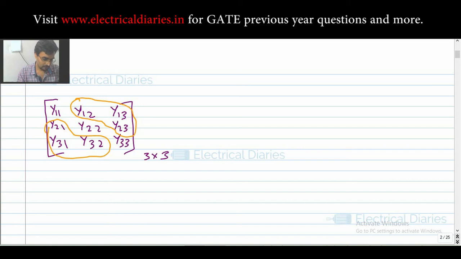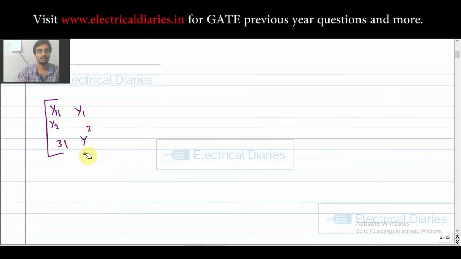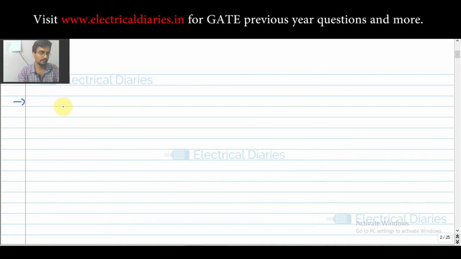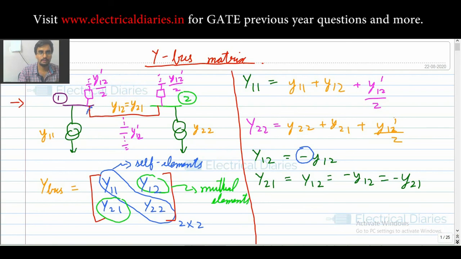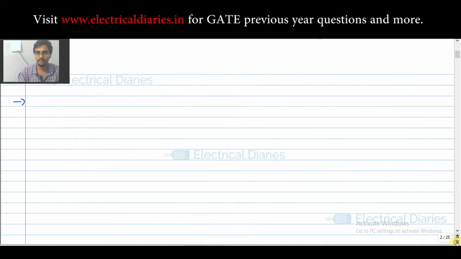Now let me tell you one more important concept that is usually asked. If in the question they ask you the number of interconnection lines, see, what is the interconnection line? This line with red color, the line connecting two buses, is known as the interconnection line or the transmission line. So in the questions it is asked what is the number of interconnection lines.